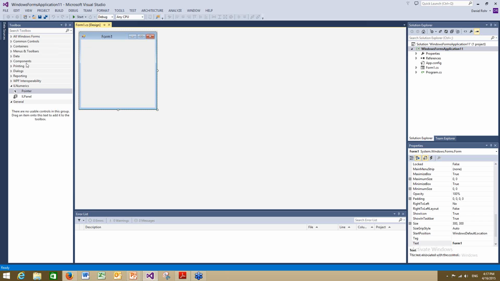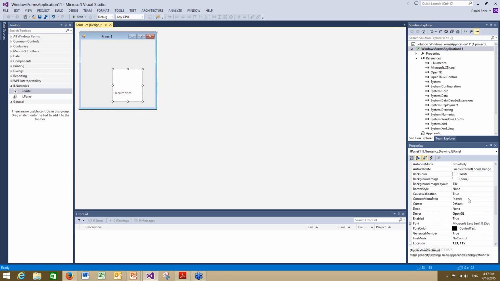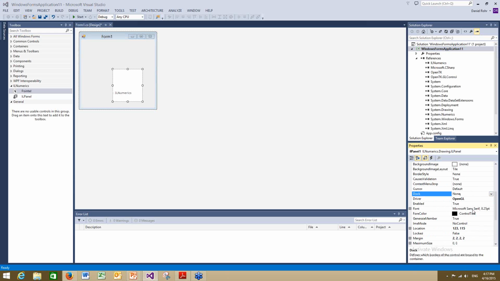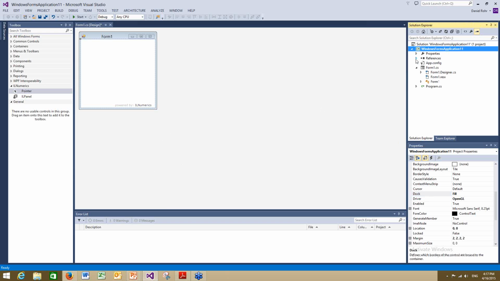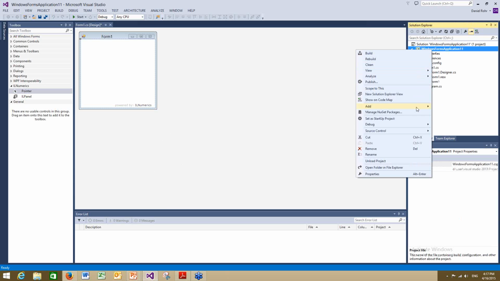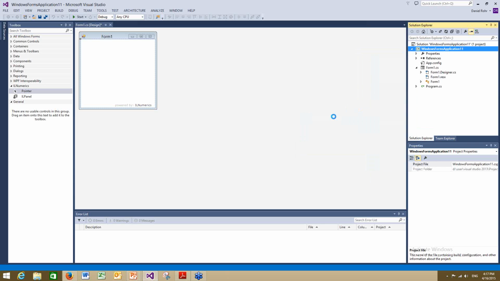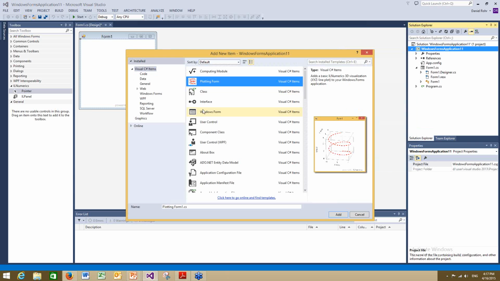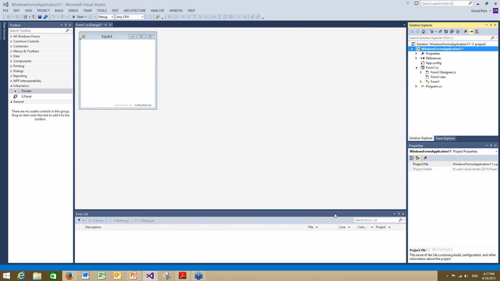Here on the left hand side we have the toolbox, and you see already we have a point here, Ilnumerics, and we have an IL panel that I can drag and drop into this form. And now I just fix it with the docking option here, and here we go. This is the form. So you see already the integration of Ilnumerics. You also see here's a reference to Ilnumerics, obviously, because it's an extension. And I would like to add now a new item, and I would like to add a plotting form. Again, this is an Ilnumerics form that is integrated here. Now I add this,